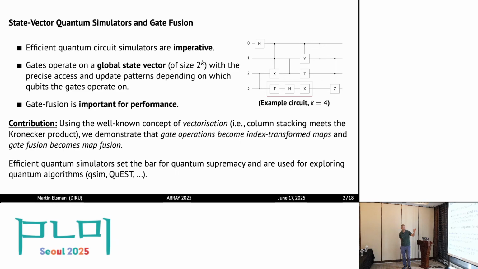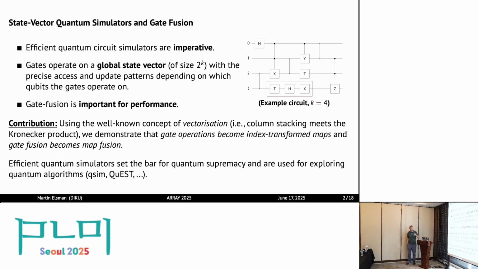What we can see over here is a picture of a quantum circuit with 4 qubits, numbered from 0 to 3. And then you have these different gates. I'll come back to those in a moment. But what you in particular can see is that there are certain gates that occur in isolation and can be grouped, the T, H, and X group, the X gate down there. It's possible that those can be fused into one gate. And this is what we want to see: how that can be modeled using a simple map fusion.